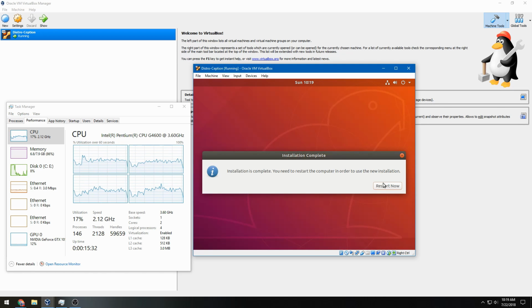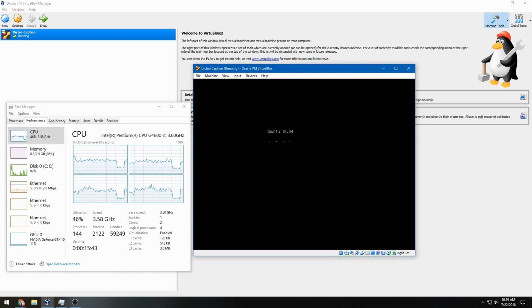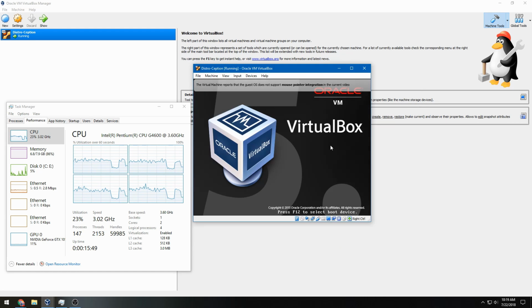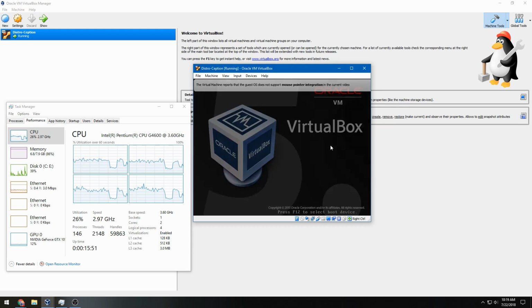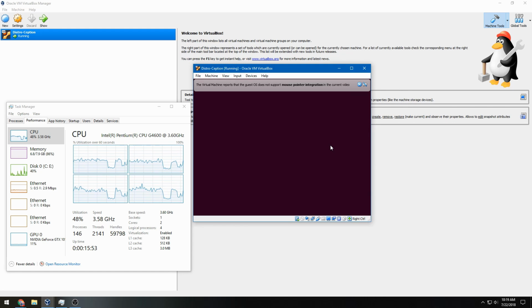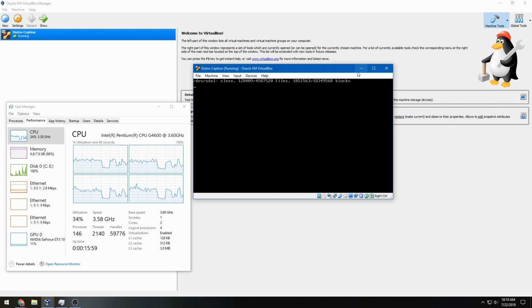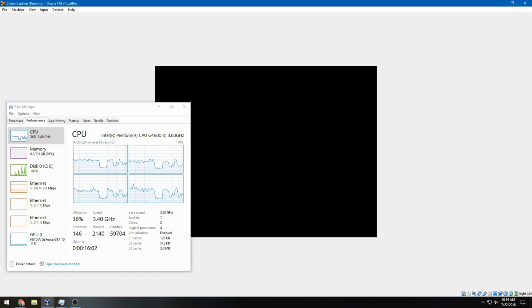Okay, installation's complete. I think what it did was it installed the components and then it removed them after I installed them, which kind of makes me a little pissed because I thought it would just install. Hopefully, it removed the installation medium automatically, because otherwise, it'll be a little hard to work with. I don't care about the auto capture keyboard stuff. I'm gonna full screen